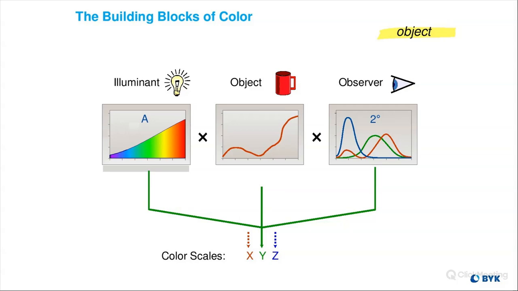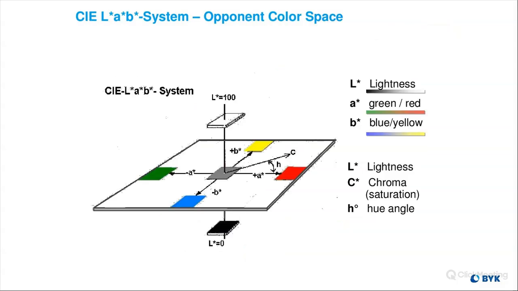All right, so once you have your illuminant defined and you have your object reflectance curve defined, your observer angles defined, you can then get color scales. And historically, it used to be XYZ coordinates. This went to a specific color space back in the 1930s. But we've since moved on to a better, more uniform color space known as LAB. And this is what most people are more familiar with these days. And this is an example of it here.